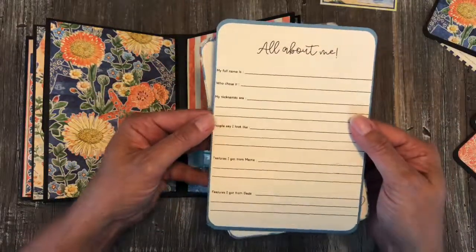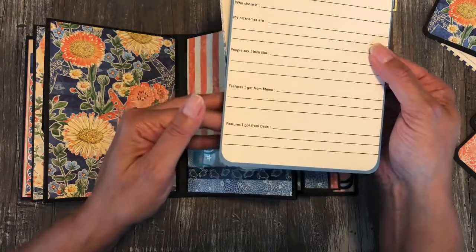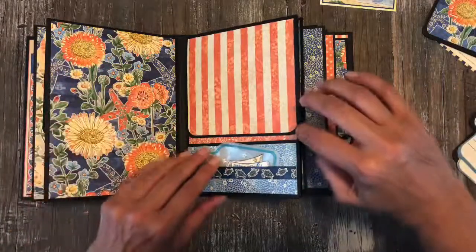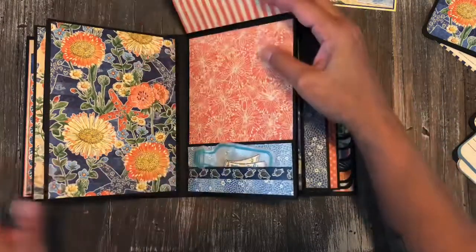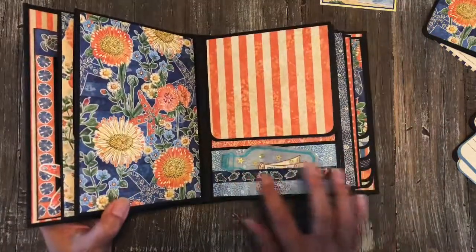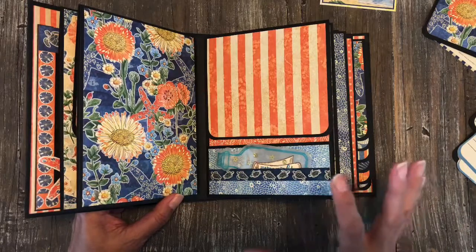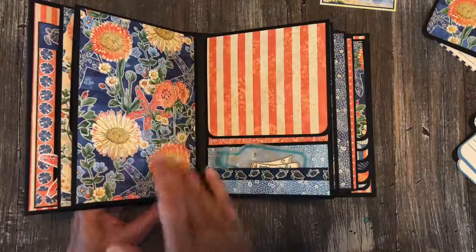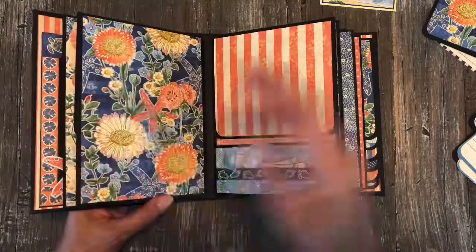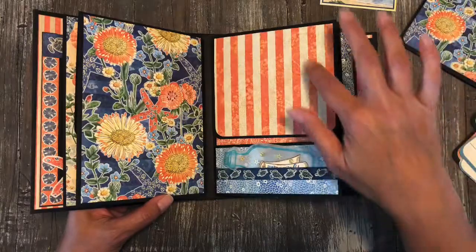We have all about me, my full name, who chose it, my nicknames, people say I look like, features I got from mom and dad. Super cute, right? Another place for more photos here, another little flip up. This again on the pocket. I pretty much just decorated the pockets and left everything because this will fit a 4x6 photo very nicely on these flaps, the pullouts as well as the back of the pages,